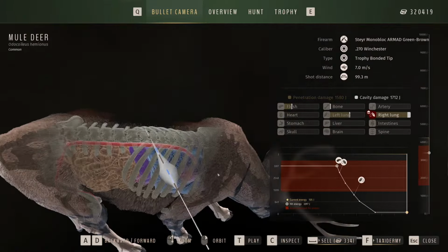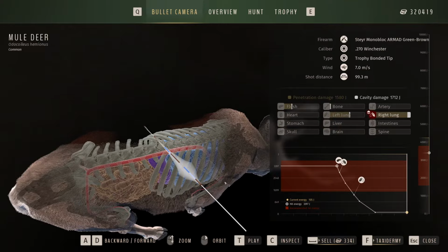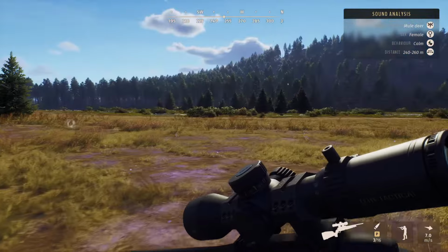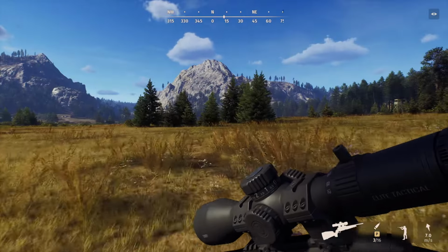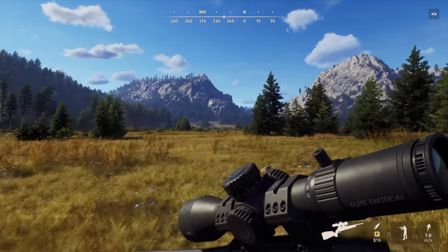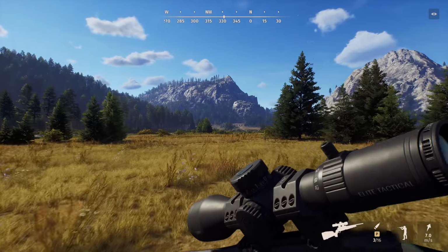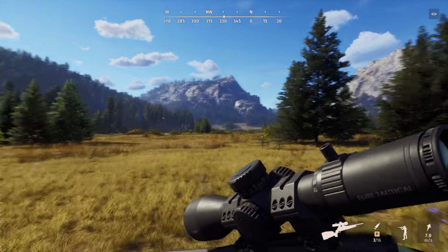So, let me know what you think. But pretty much that hollow point, I'm still playing with it. I'm still curious about it. I don't know why you would use it over this. The only thing I could really think of is to try and concentrate more of that cavity damage in that first lung. But this one does it fine. Right? And I kind of knew that too. It was just like, maybe if we try the shot,